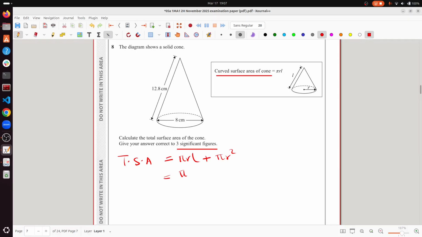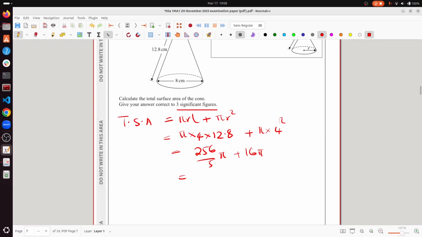I'm going to leave my answers in pi first, so that I don't approximate. R is 4, but diameter is 8. So that's 4, and slant height, which is L, is 12.8. And then we have pi times radius, 4 squared, which is 16. I'm going to put that in my calculator. So we have 256 over 5 pi plus 16 pi. And that gives me